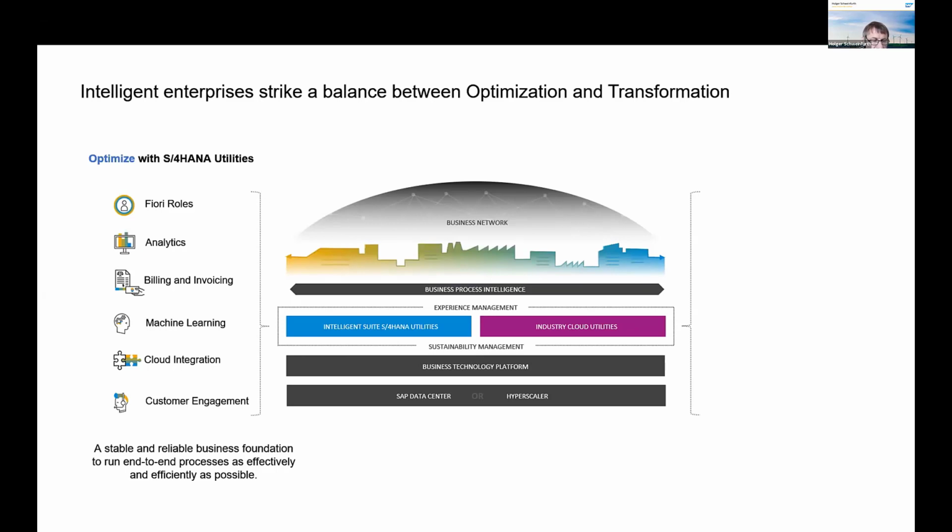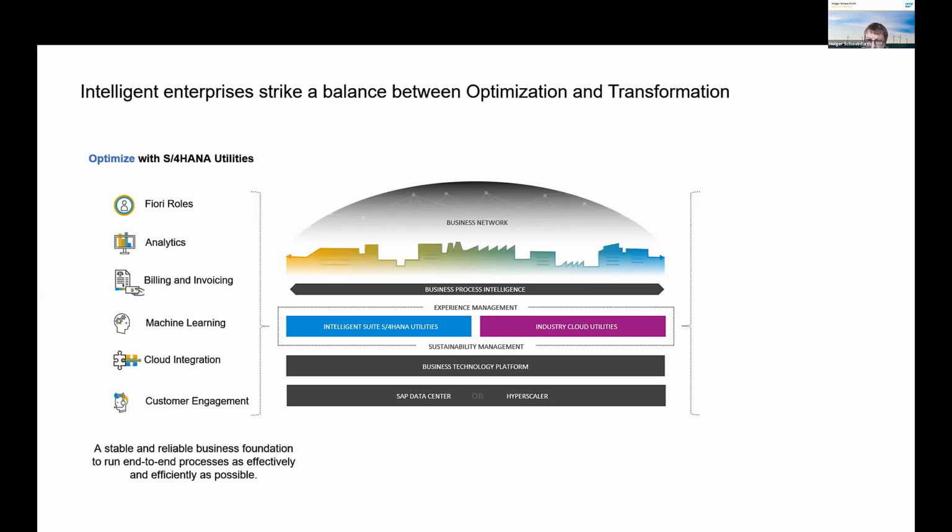And I have mentioned that several times, but I think it is very important to iterate it here in order to really stress the relevance of the integration between these intelligence suite components on S/4HANA and the new cloud applications that we are bringing to the market. And last but not least, of course, our customer engagement, where we have also heard great customer presentations, as the successor of the famous CAC0 transaction for handling any kind of customer interactions in a quite modern environment based on the S/4HANA platform.